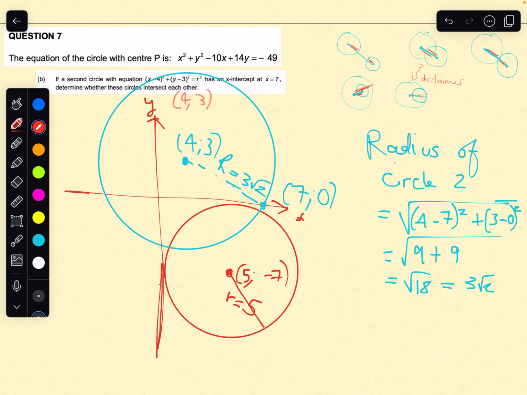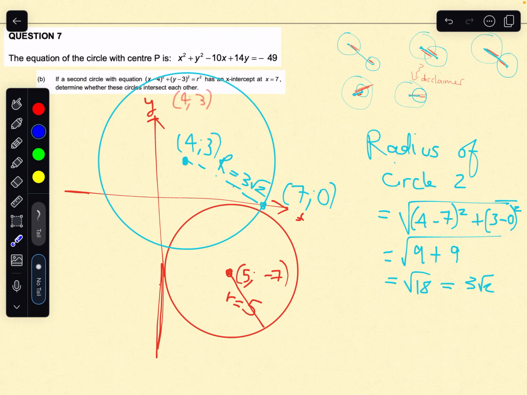Okay, so now if we calculate the distance between the centers, firstly, how can we tell that this circle is not inside the other circle? And which one is bigger? My diagram is very misleading, but this circle is actually bigger because it has a bigger radius. This radius is smaller than this guy, because this is root 25, this is root 18. So this is actually the biggest circle,